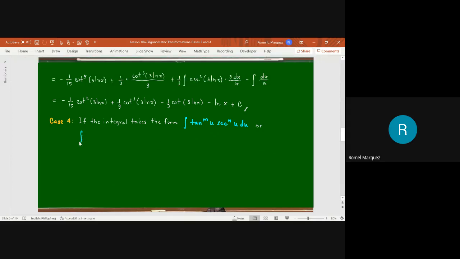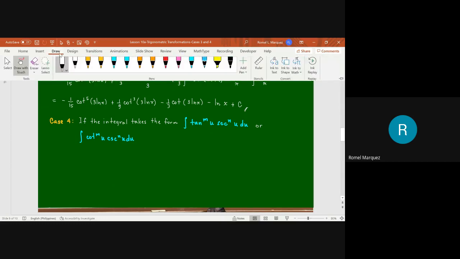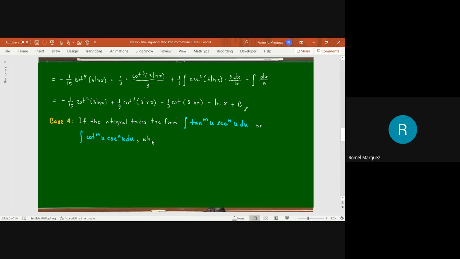Integral of cotangent to the mu cosecant to the nu du. Okay, guys? What's the condition? I'm going to place the condition in the n, okay? So in the n here, meaning this is what we're going to transform the secant to the n after we segregate something. So I'll be showing to you how, no? After. So where n is a positive even integer,